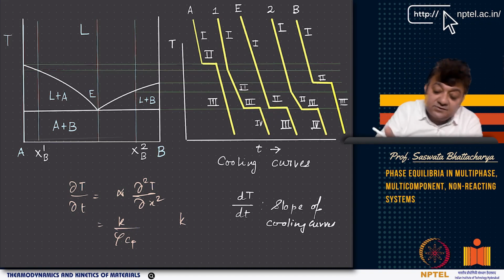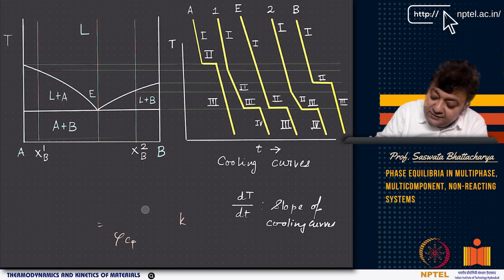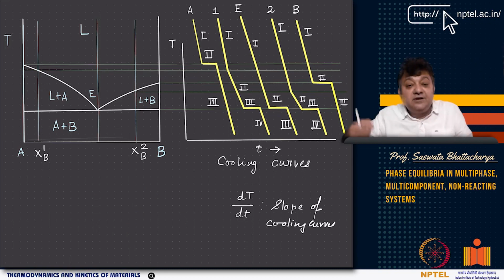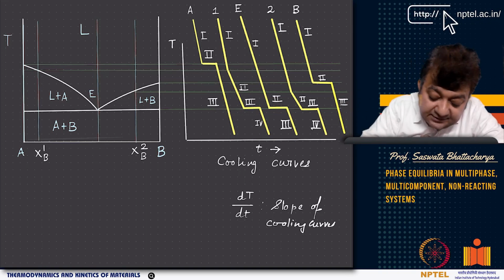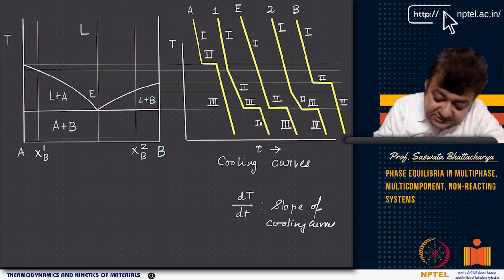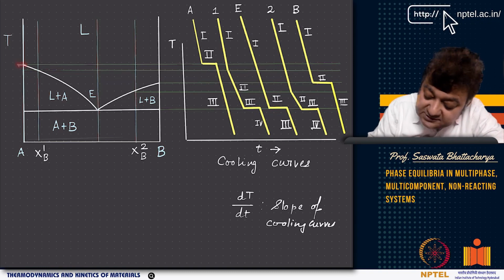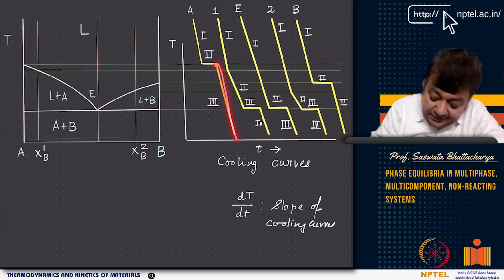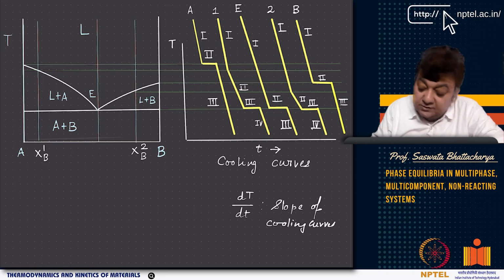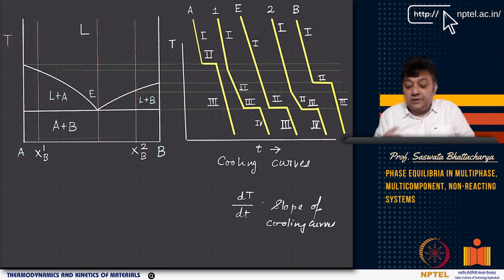So we are looking at the cooling curve that we are obtaining. In the cooling curve we have prescribed the cooling rate, and as a result the furnace is getting cooled. As I told you, this is an experimental technique, the cooling curve technique. As soon as you reach the temperature here, you see liquid-solid coexistence, and then again it falls, and this fall is proportional to the thermal conductivity of the solid, which will be different from that of the liquid. So their slopes will be different.